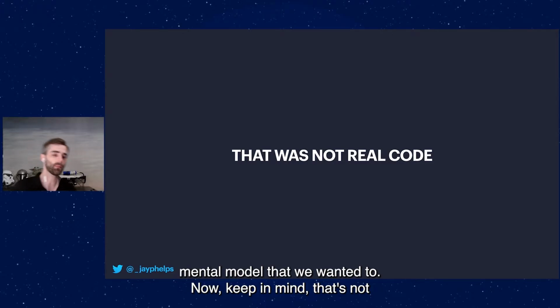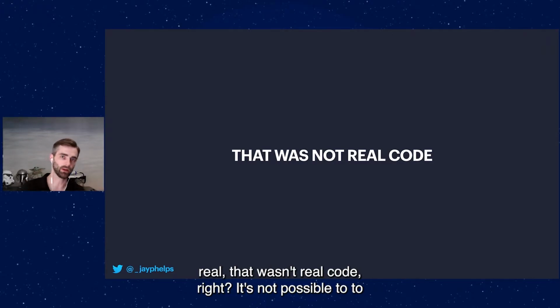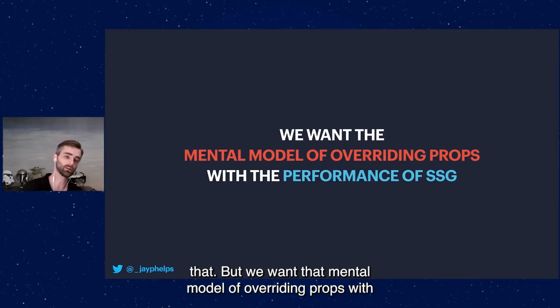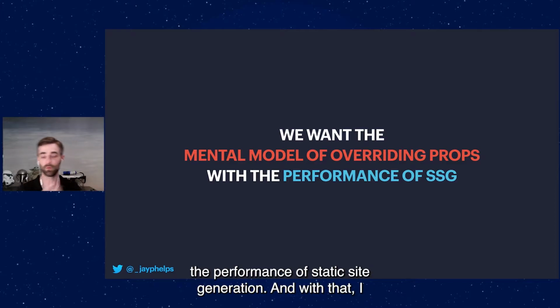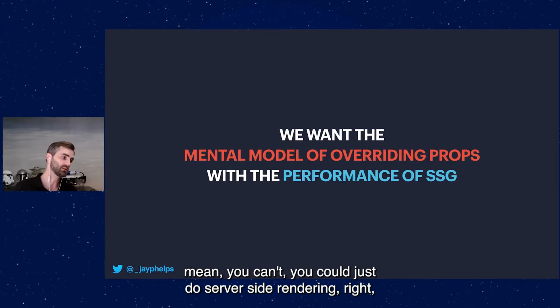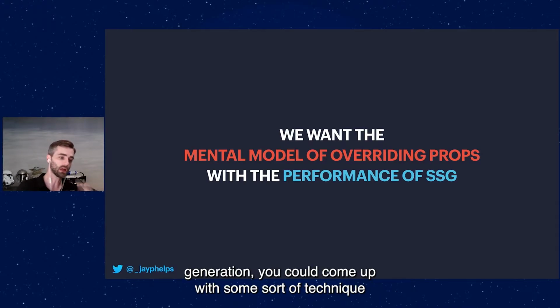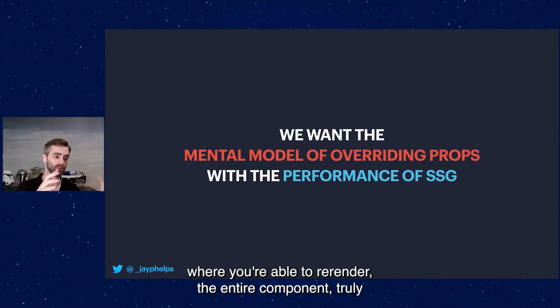Now, keep in mind, that wasn't real code, right? It's not possible to write code like that and actually have it work just like that. But we want that mental model of overriding props with the performance of static site generation. And with that, I mean, you could just do server-side rendering, right, and give different props, but then you've removed static site generation. You could come up with some sort of technique where you're able to re-render the entire component,